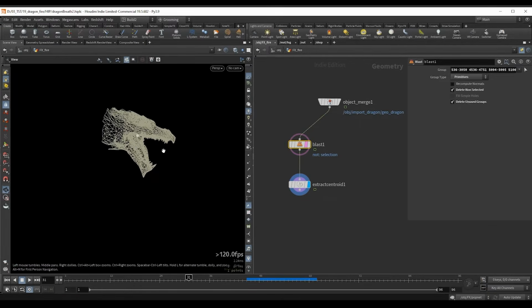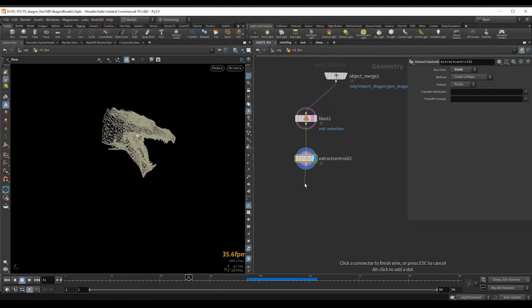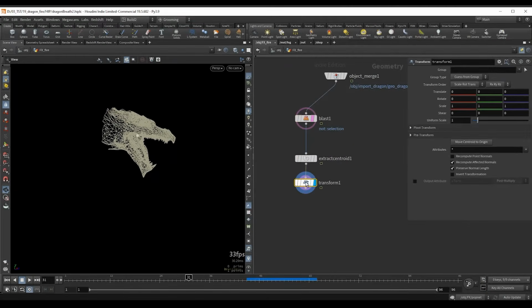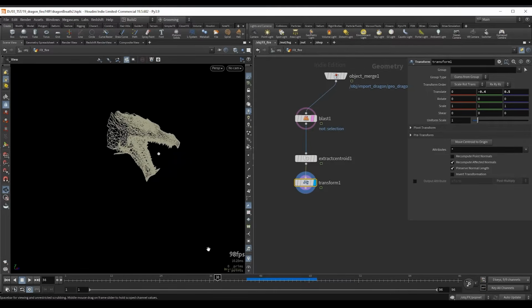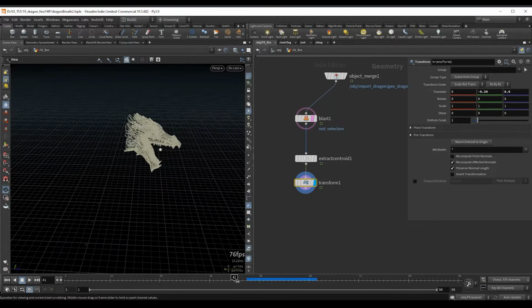So we can attach the sources to this, and we can also offset this a little bit. So if I drop down a transform and I push this forward a little bit and maybe a little bit down as well, this transform will now apply on top of the animation that we already have. So it will follow the head's movement. Let's maybe bring this back a little bit so it's somewhere right in the center of the mouth opening. Something like this should be fine.